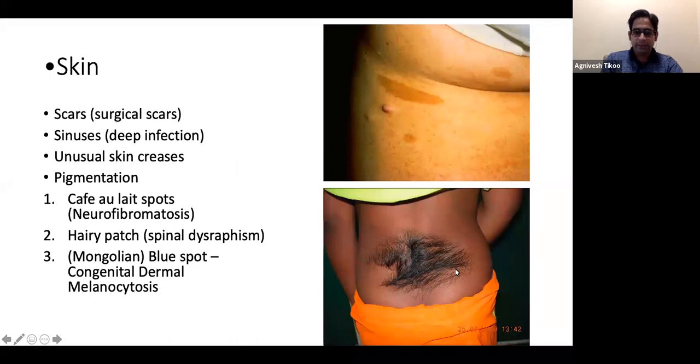If you see a patient with such a spine and with a hairy patch and something like this, so this is spinal dysraphism. This may be just a spina bifida occulta, wherein just there is a failure of closure of spinous process, whereas in other cases it may have serious complications, like it may have a dermoid cyst, or it may have a tethered cord and other. So this tuft of hair at the lower end, especially in a child who has a foot asymmetry, or you diagnose that a child has got CTEV, or it's got a foot deformity, and when you examine the spine of the child, he has got a tuft of hair. So you have to consider a neurological cause also.